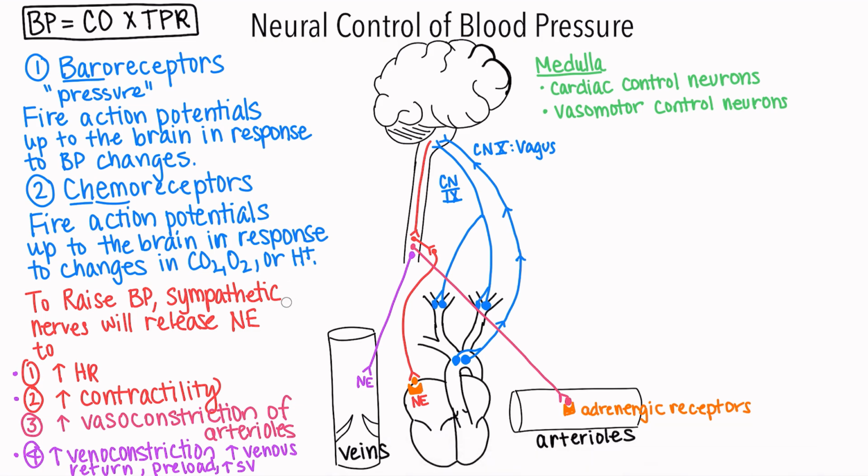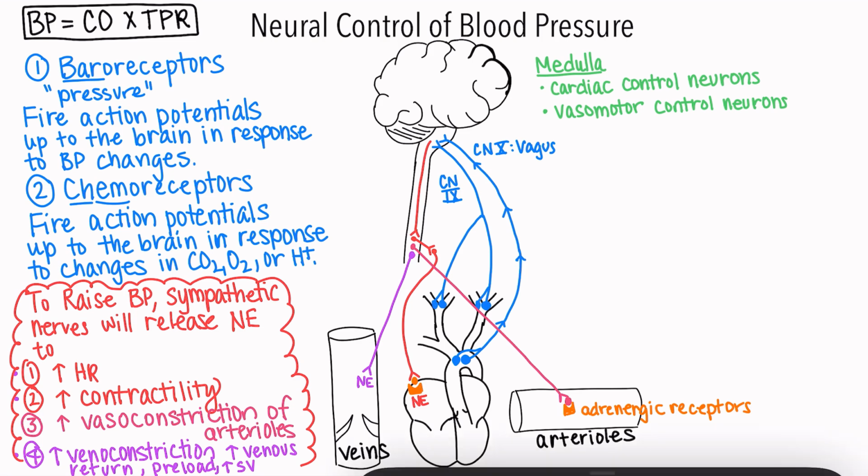Okay, let me just erase the S on the end of that. And let's put a circle around here, okay? So this is what our sympathetic nerves can do to raise blood pressure after baroreceptors or chemoreceptors have sensed that things are off. Let's look at the alternate effect. What if blood pressure needs to be lowered? So to lower blood pressure,